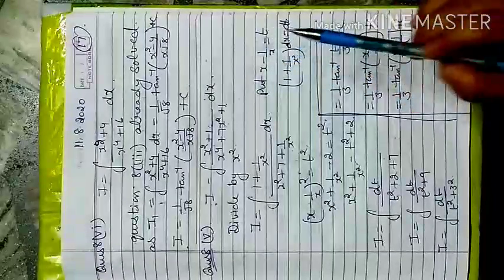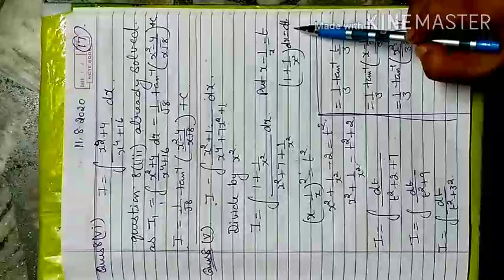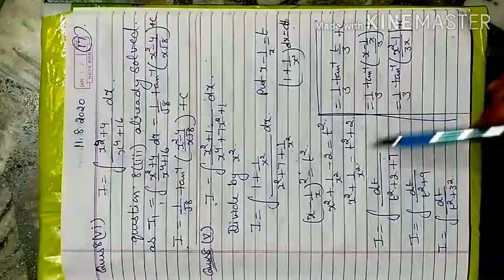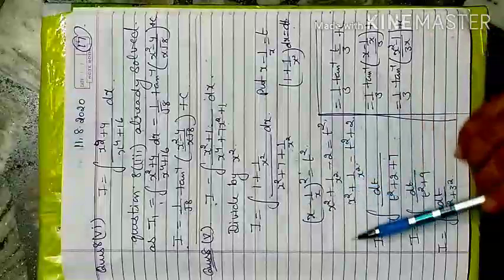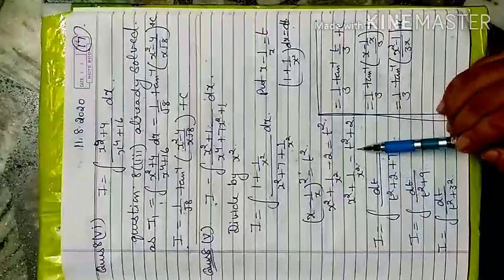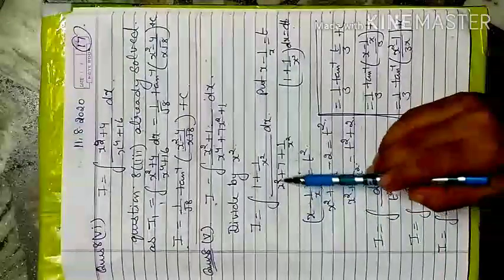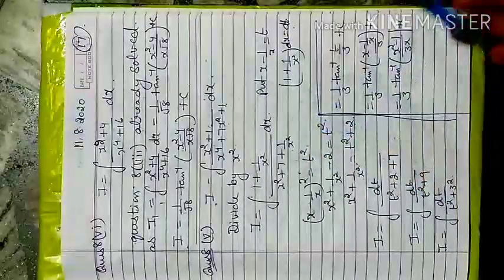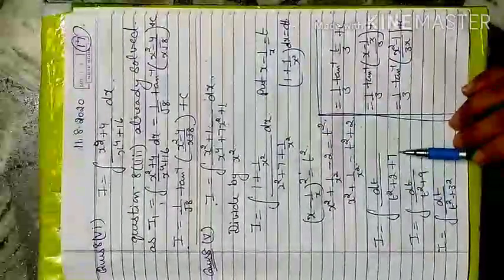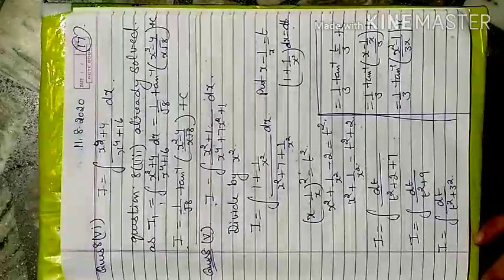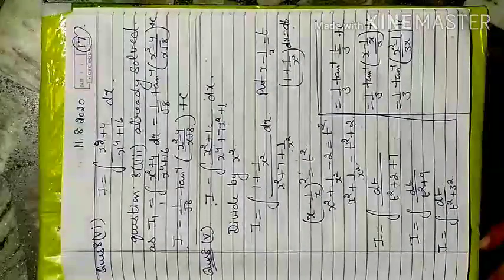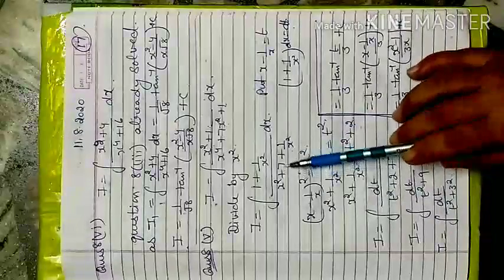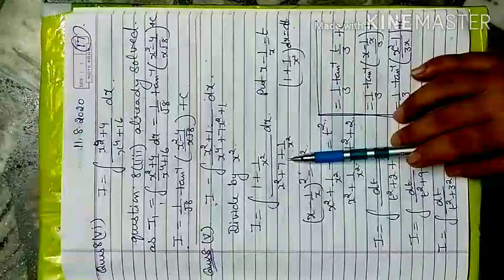x minus 1 by x is equal to t. Now the numerator merges into dt, and the denominator x square plus 1 by x square has to change into t. So we square this equation. So x square plus 1 by x square is equal to t square plus 2. Now in place of this, you have to apply t square plus 2, keep the 7 aside, and you add that to 7. Because in your previous question there was no separate x square term, only x raised to power 4 was there, but here one more term is added in the form of x square.